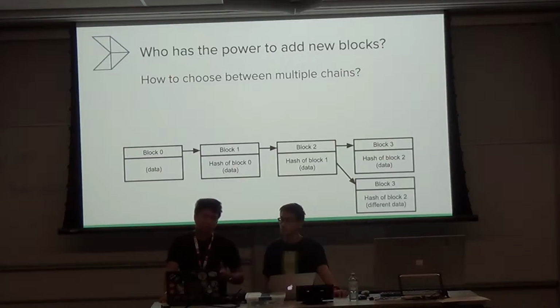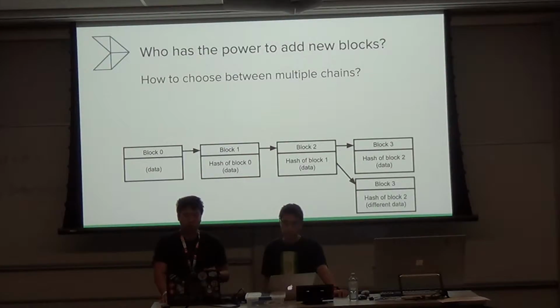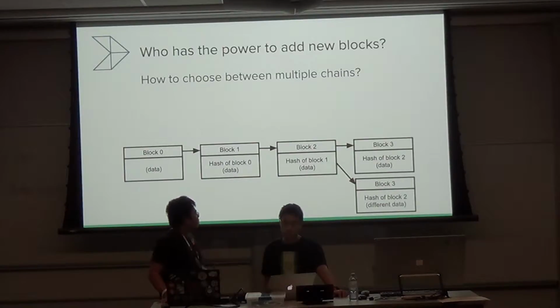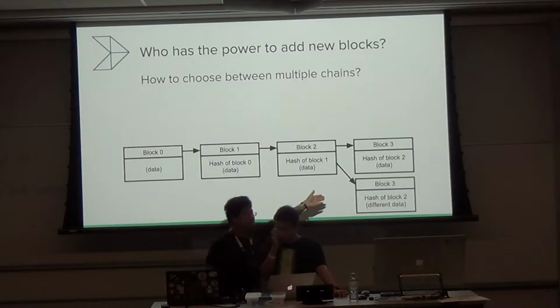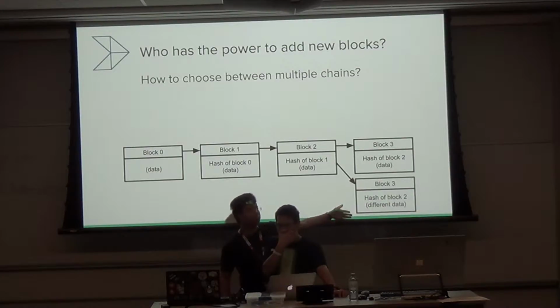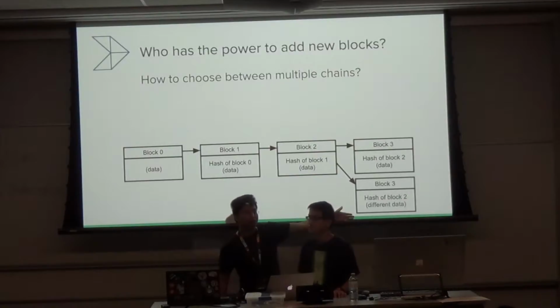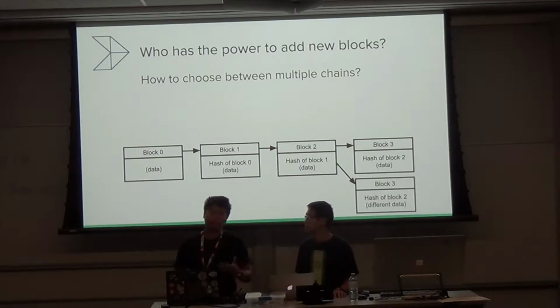This can happen legitimately when two computers both manage to append to a list at the same time. You get two different lists with two different results. Or when somebody's trying to attack the blockchain, they'll try to mine a different chain sometimes. When this occurs, what we do is we accept the longer chain as canonical. So if this chain had 4 entries, like block 4, and this one only had block 3, we choose the one with block 4 instead. The reason for that will become clear in a bit.